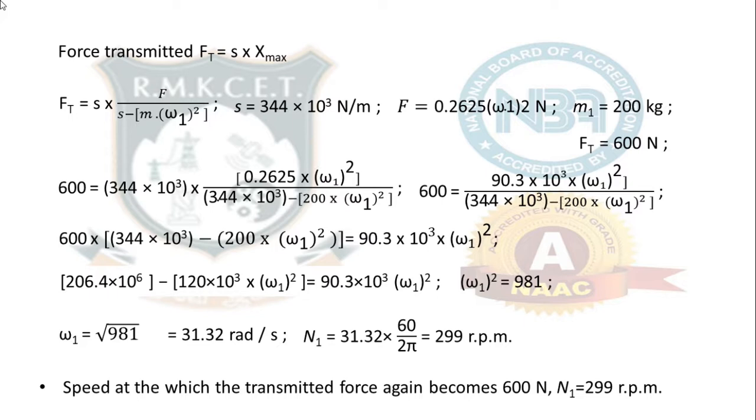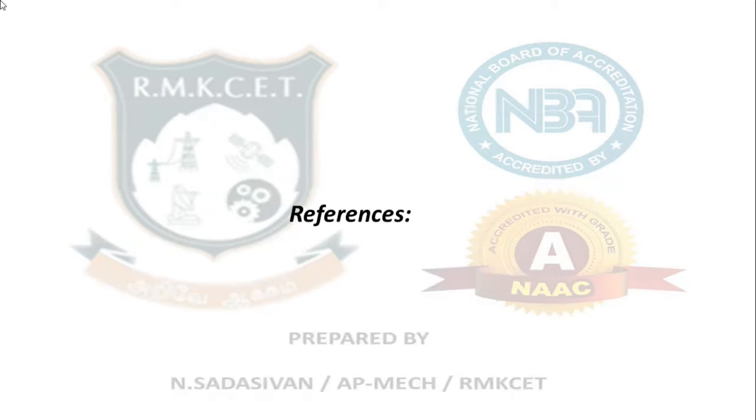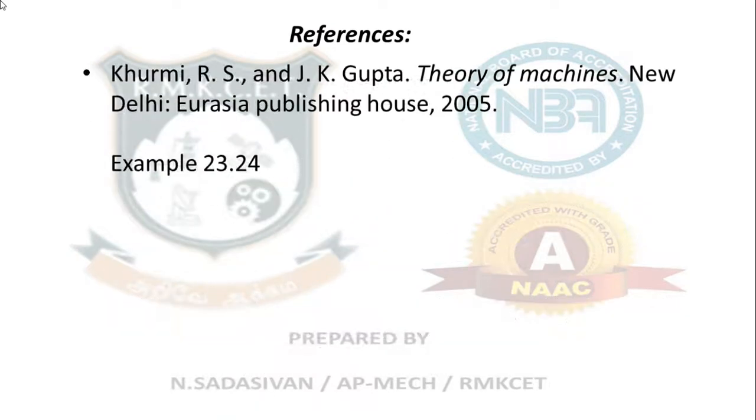So that is the significance of your natural frequency. If you avoid the natural frequency and operate well below or well above, you will not have resonance. It is not that you should not exceed the natural frequency. You can go to higher frequency also. Nothing bad will happen with that. This is taken from your Kurmi textbook, problem 23.24. So that completes